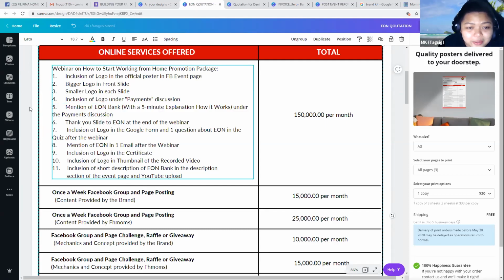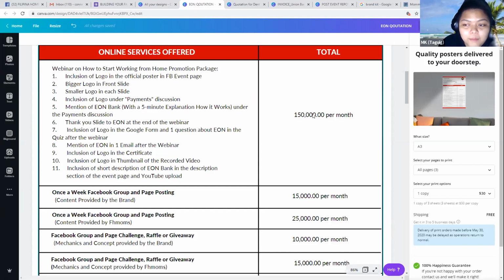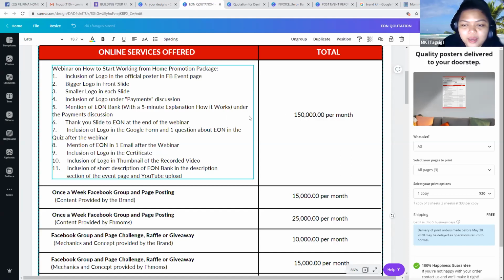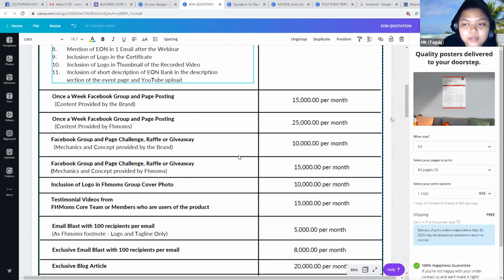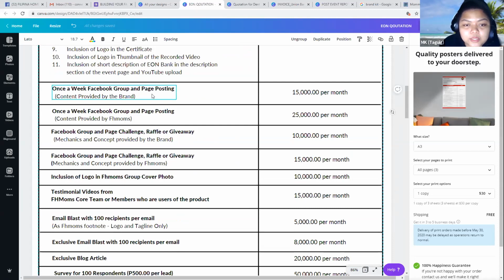You can just read this one. I'll give you a copy with this one. But I might blur, or I might not give you a copy of the document showing the pricing, because it's ever changing. So I'll just give you a template for this one to give you an idea. But here, as you can see, a 1 week posting. So again, this is going to be different. Maybe in the following years, mas lalaki pa siya, especially if the community grows.